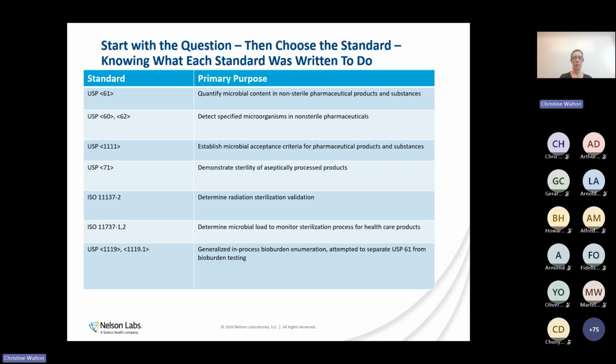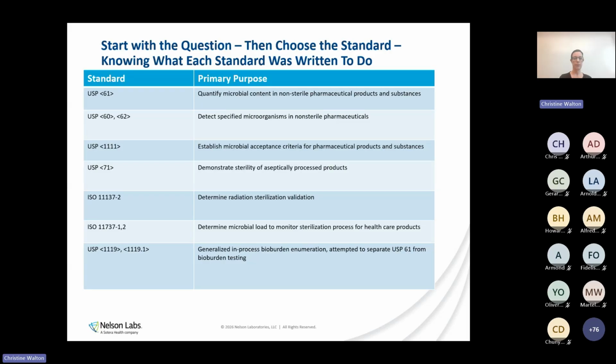So, and then we have USP 71, which is going to demonstrate the sterility of not just aseptic processed products, but potentially others as well. Again, very general. And then we have the ISOs 11137-2. That's again going to be the sterilization validation, but has components to support other aspects. Same with 11737-1 and -2. Again, in its title, it gets geared towards healthcare products, but that doesn't mean it can't have components that can be utilized or intermediate steps that can be utilized for pharmaceuticals or other